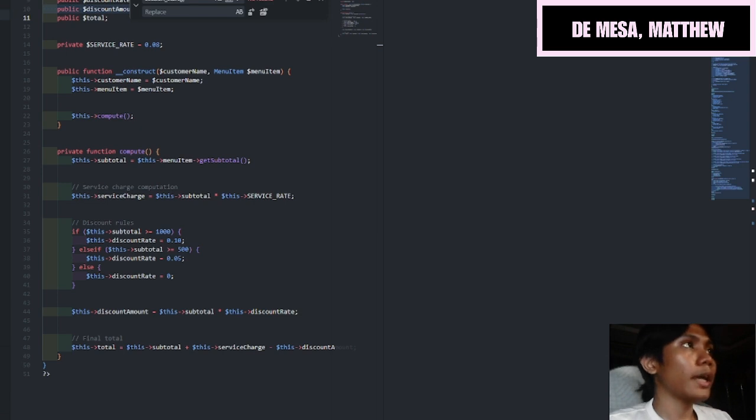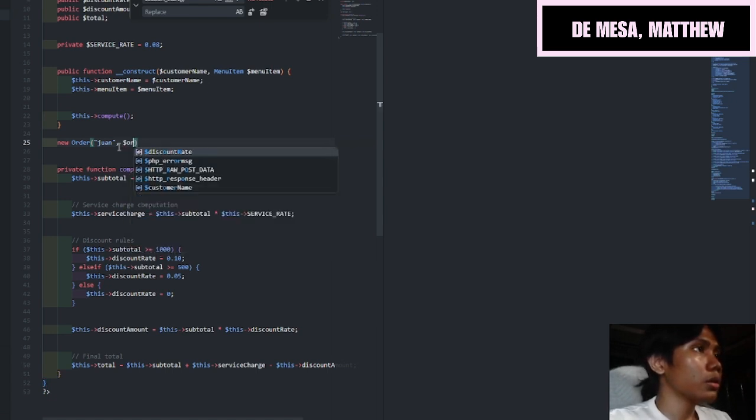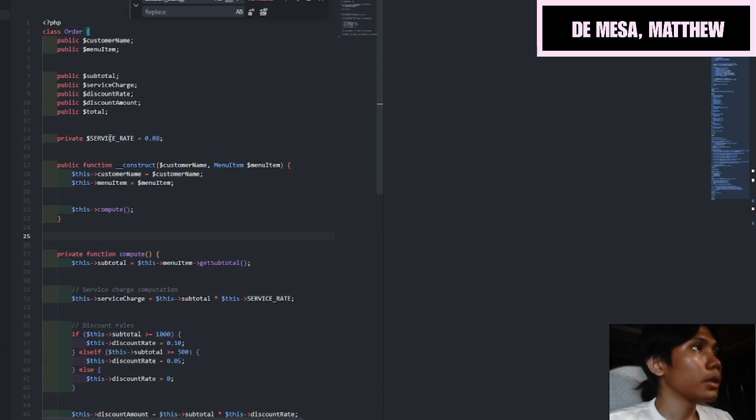If we create a class Order, something like new Order, that constructor will automatically run, storing the username into that variable and the menu.